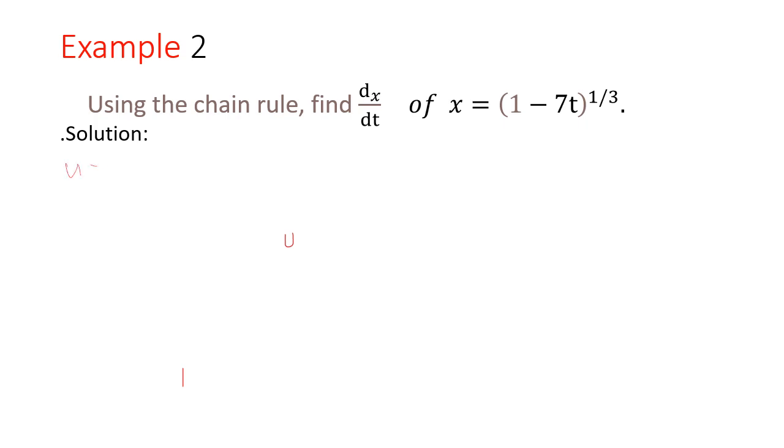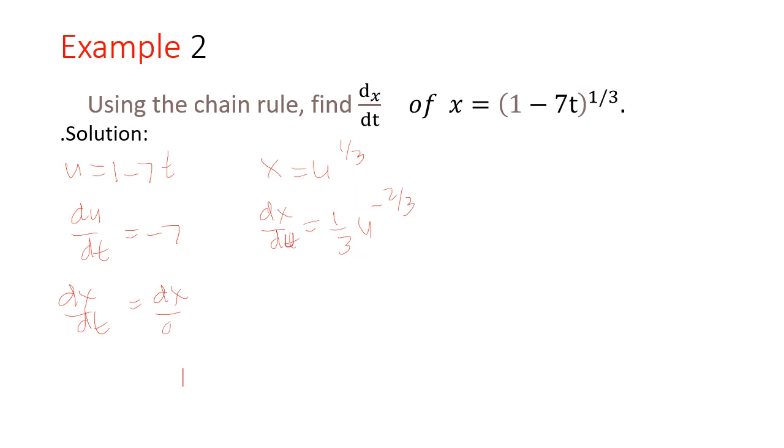Let u equals 1 minus 7t, and then du over dt equals minus 7. x equals u to the 1/3, dx over du equals 1/3 u to the minus 2/3, so dx over dt equals dx over du times du over dt, equals 1/3 u to the minus 2/3 times minus 7